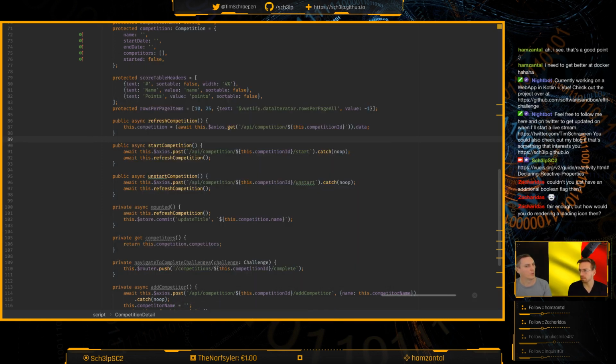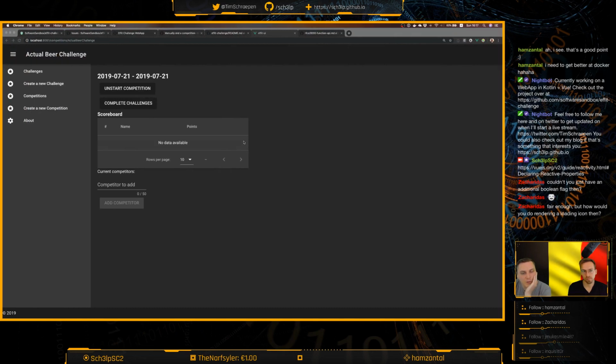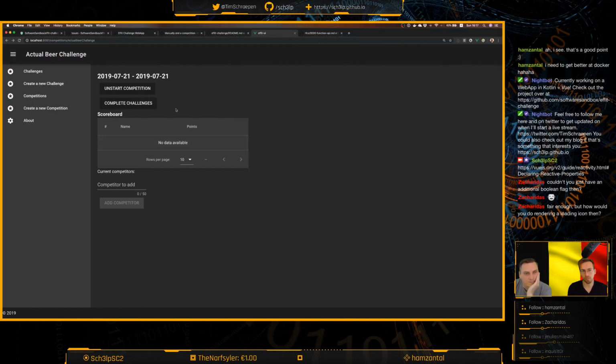The pop-up? The undo notification. Ah yeah, you mean the unstart thing then? Yeah, good point. Yeah, because I don't want it to be there. And do we want to do that now, or was there something else? That's why I was asking if there's some bigger features that you still want to implement. Well, no, I mean, I don't consider this feature complete